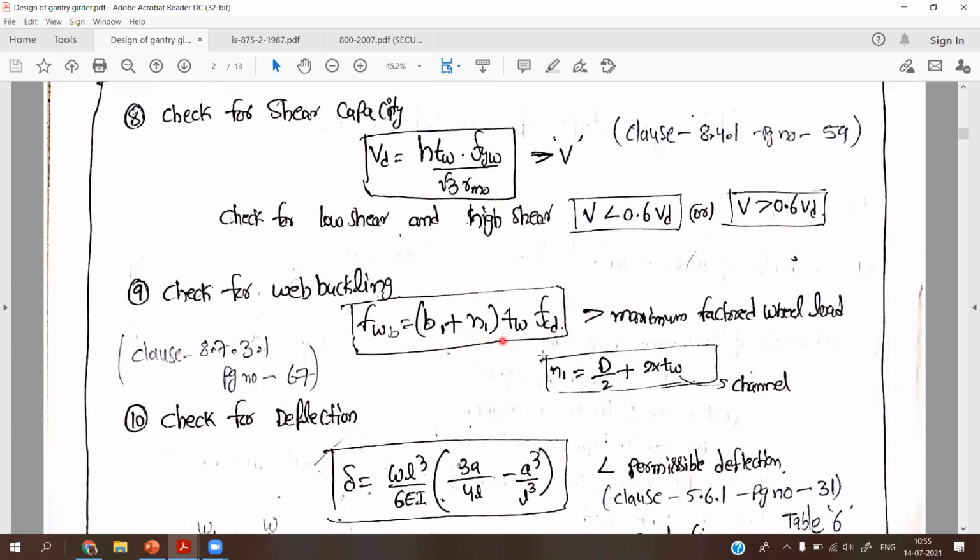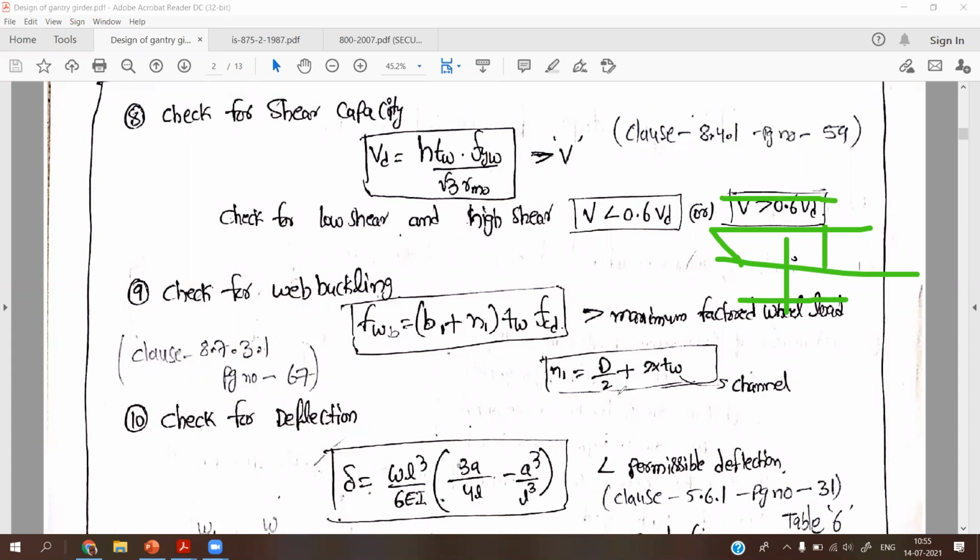Next, N1. Web buckling is obtained at the center of the gantry girder. N1 depends upon the depth of the I section and twice the web thickness of the channel section.